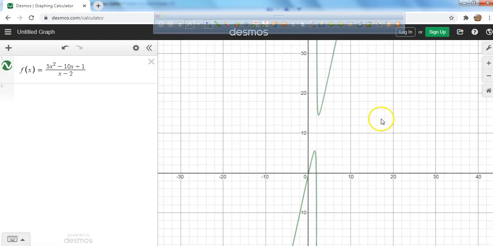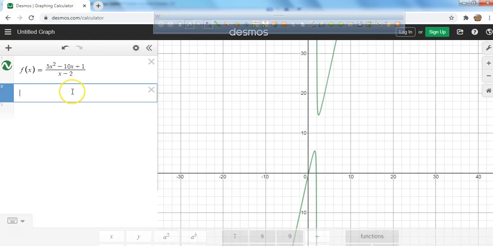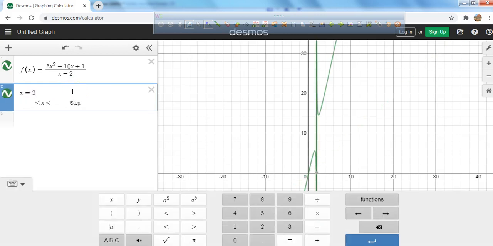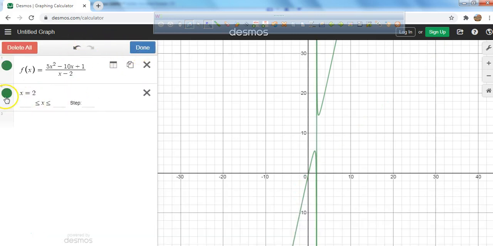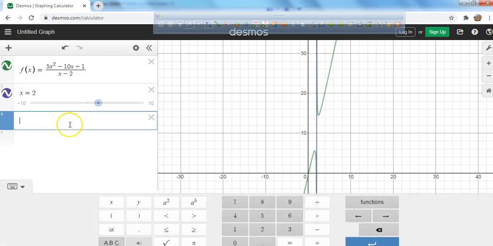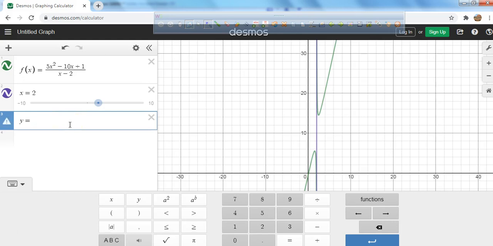All right, so you see this graph right here? We do have a vertical asymptote at x equals 2. So we have a vertical asymptote. Go ahead and change the color. Let's make it purple, there we go. We have a slant asymptote, y equals 5x. You see how that